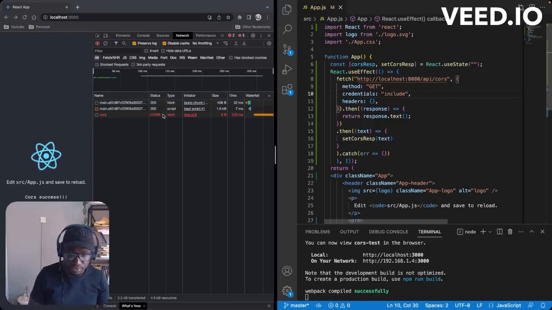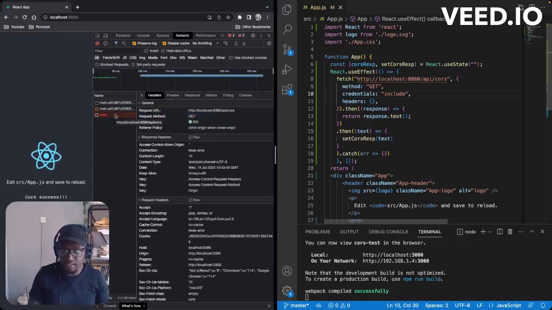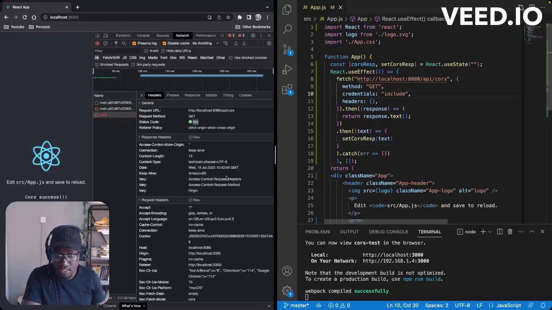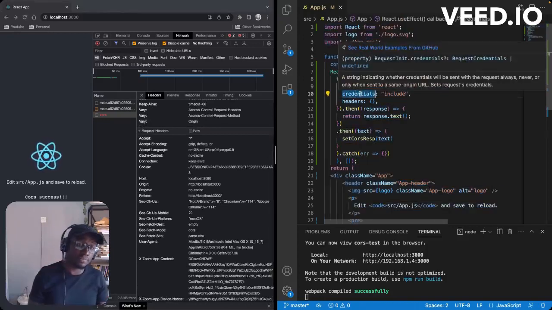So this is a simple request, and you can see there is a failure. If we open that failure, the status is 200. But I mentioned earlier what happens when you do this, and the status is 200. We've already requested credentials to be included, and this is a simple request. I talked about simple and pre-flighted requests just a few seconds back and described what happens when you include credentials